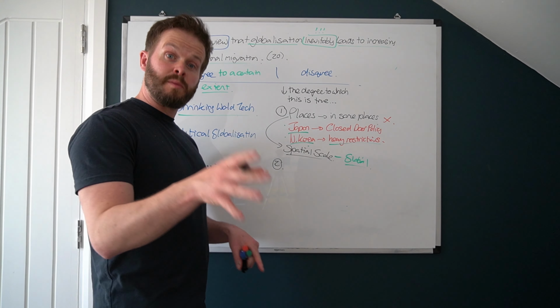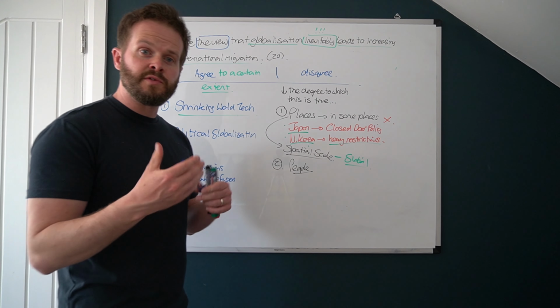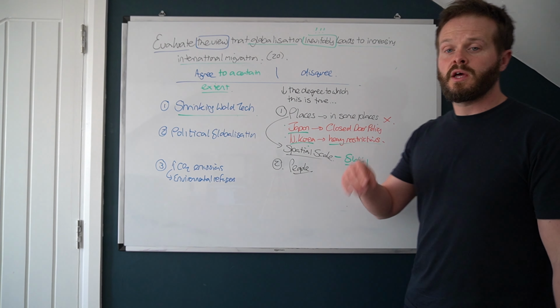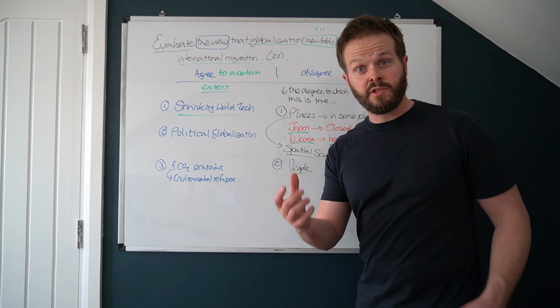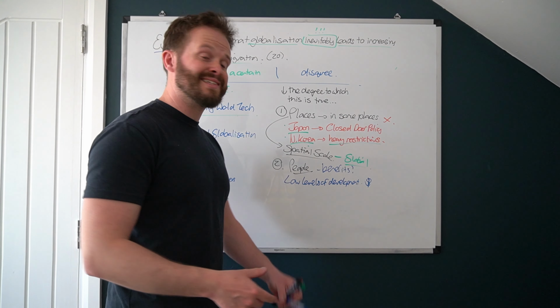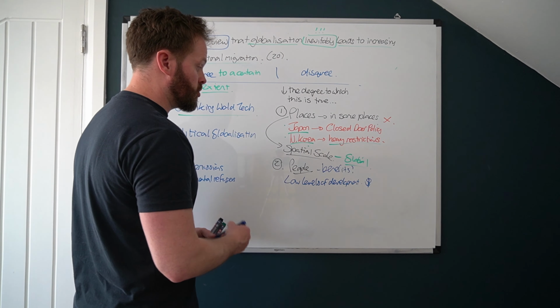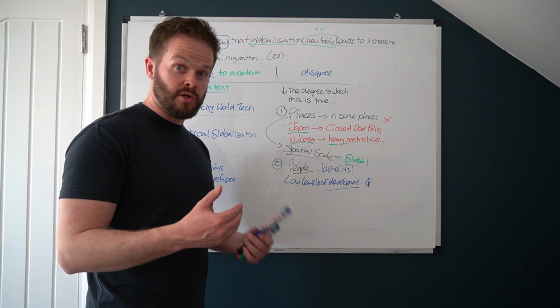AO2. The other one as well could be people, stakeholders. There are certain people to which this doesn't apply. Yeah, so the benefits of globalization have not been evenly spread. So once again, in some local places, levels of income, levels of economic development have not permitted them to access the shrinking world technologies, or they are not within countries where there is the skill set that is required in other countries, so international migration has not taken place.